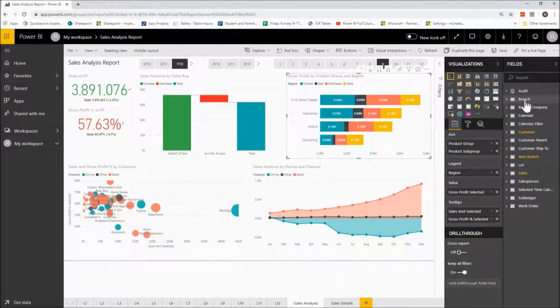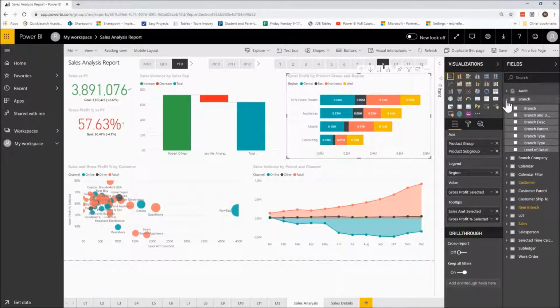Within these tables, if we expand one of those, we're going to see that we have fields. The fields correspond over to your JD Edwards data. I have a branch table, I've got a branch, a description, I've got a branch type in here. These should look fairly similar to things that you see in your JD Edwards data today. These fields or dimensions are going to provide context to the data that we see